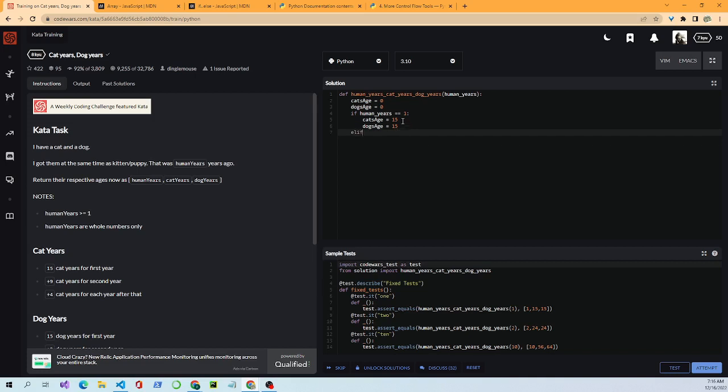In Python, when you do an if else statement, it's actually if elif. See how I have the elif? Elif human years equals 2, cat's age equals 15 plus 9, dog's age equals 15 plus 9. Alright. Elif human